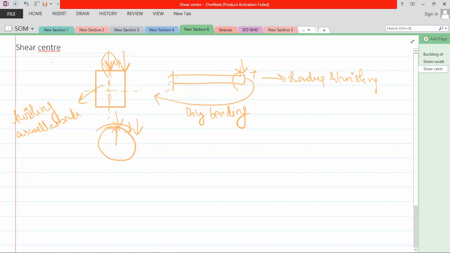So your plane of symmetry, if we apply load, it will not create any twisting. So I am giving you 1 minute. Please try to think about what I just said. If I apply load along the plane of symmetry, it will not create a twisting moment. It will only create a bending moment, in a circle and also in a rectangle. So just remember and think about what I said. I'm coming back in 1 minute.